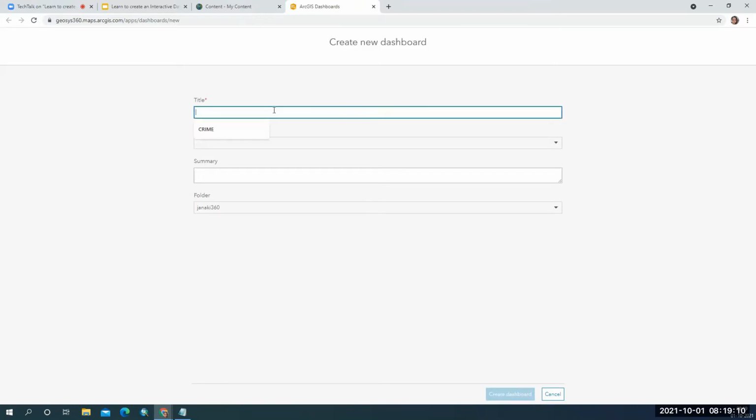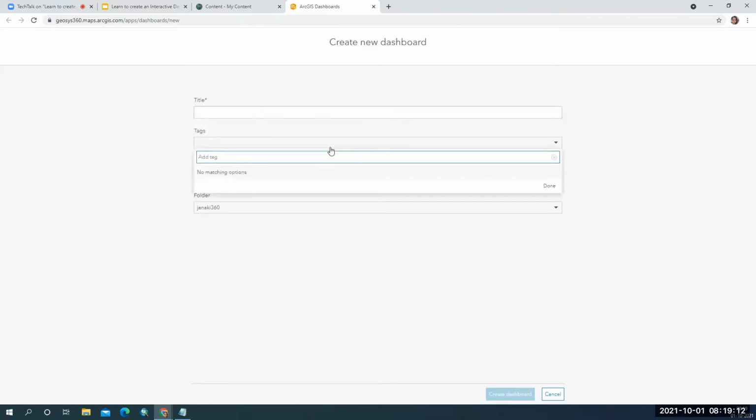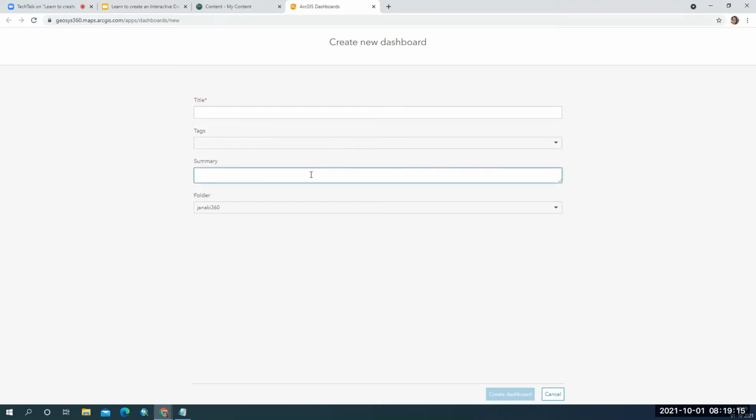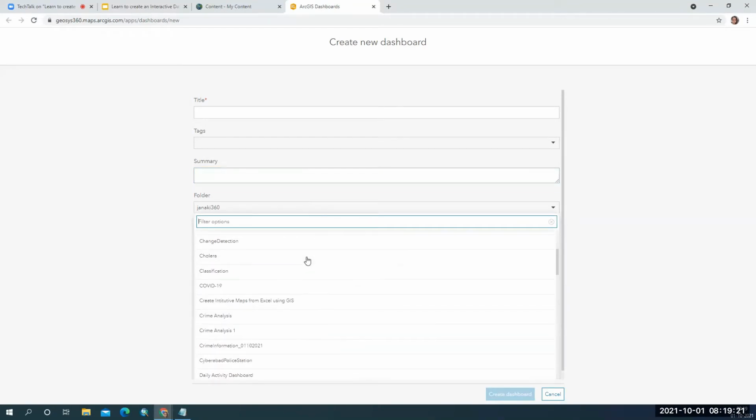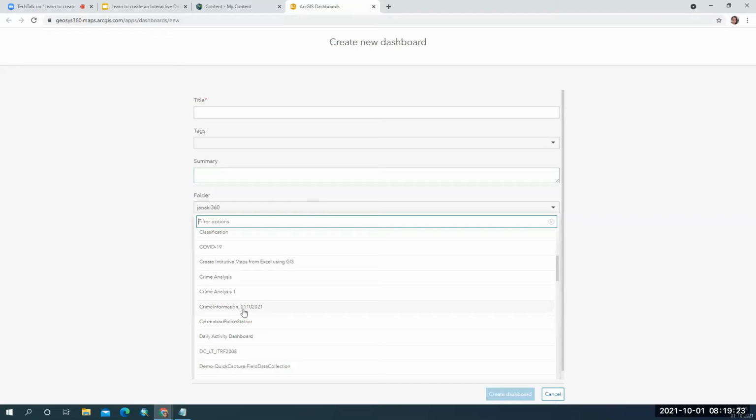It is asking me the title and the tags for searching the data, the summary for the data, and it is going into my folder Janki 360. But I just now created crime information with today's date.